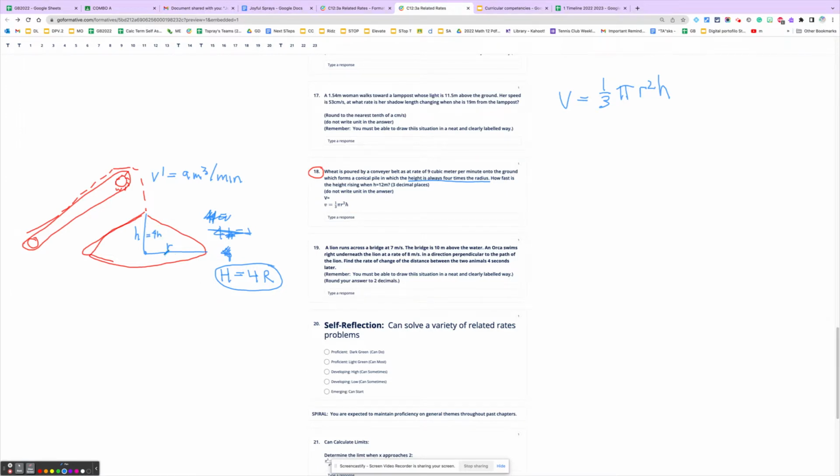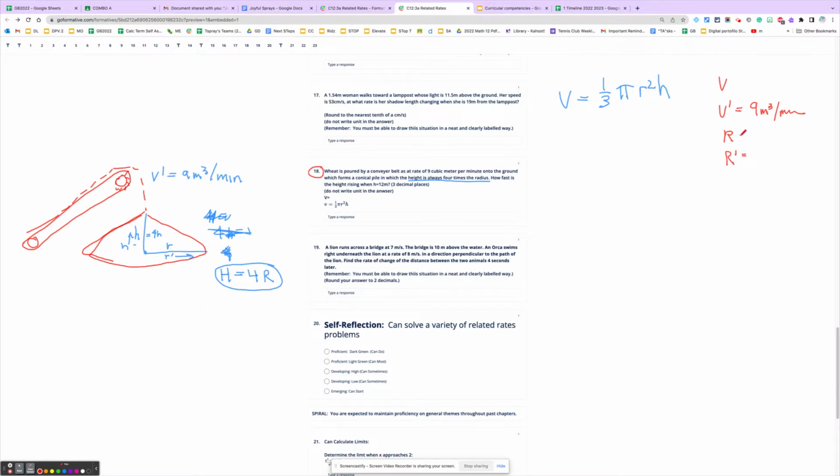I hope you recognize that there is an R prime, and that R prime would be getting bigger, and the height is also going to be growing. It says, how fast is the height rising when the height is 12 meters? Okay, so I think it's time to get some variables down here. So let's do that. So we're going to go V prime, and we know what V prime is. It's 9 meters cubed per minute. And then we're going to go R prime,